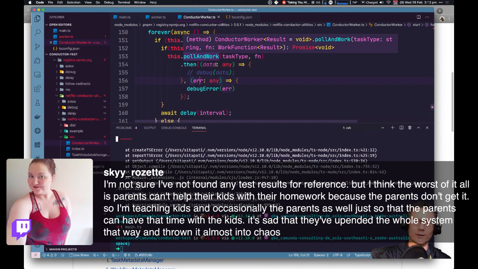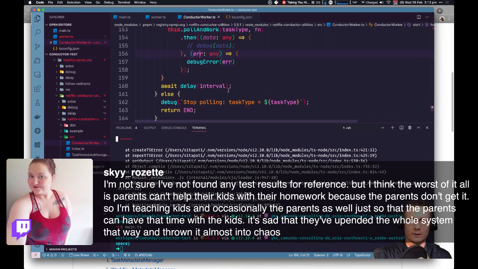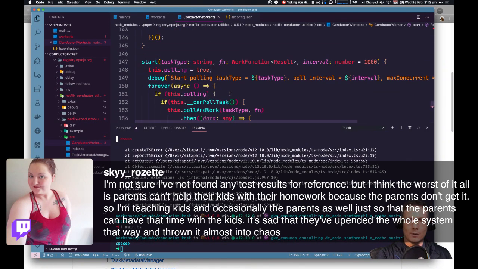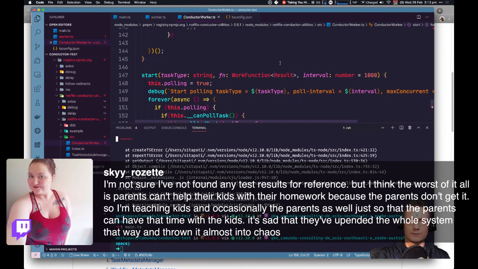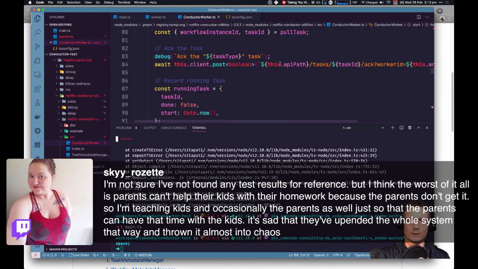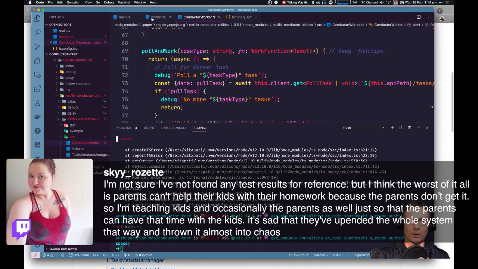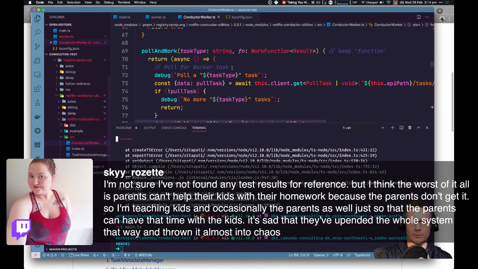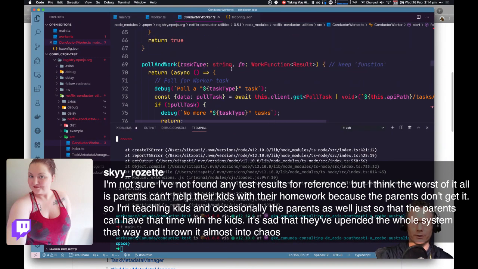Now, this is interesting looking at this library because I've written a library very similar to this for Zeebe. Okay, work function, result. Yeah. Okay, so this comes down from the top. We have to create, go back to my worker function, we have to create the worker, conductor worker, and here the type of the payload is passed down into this function.